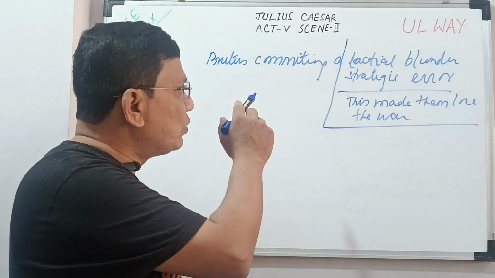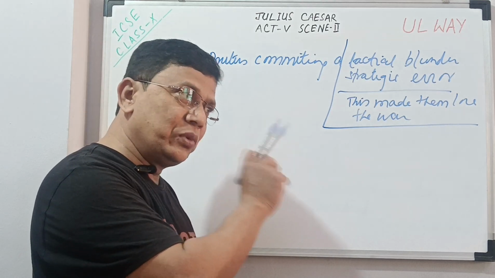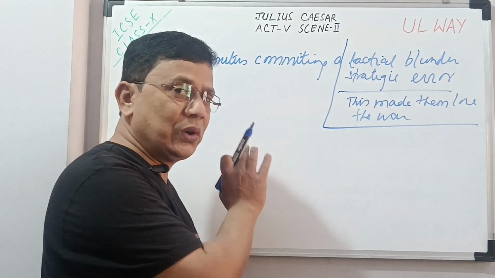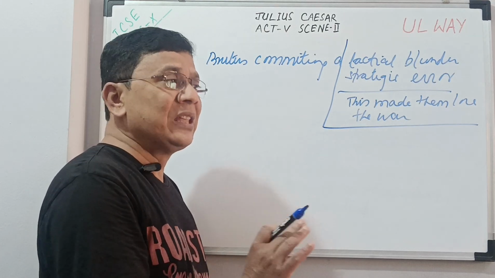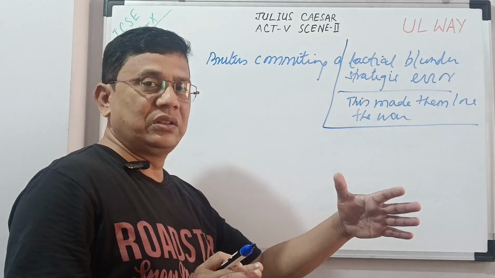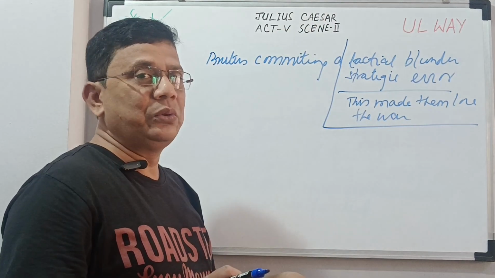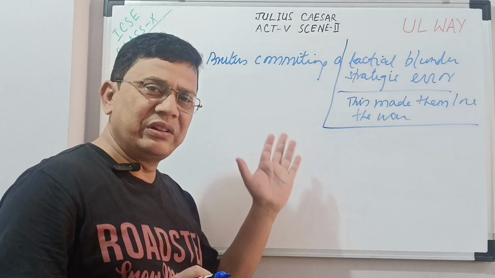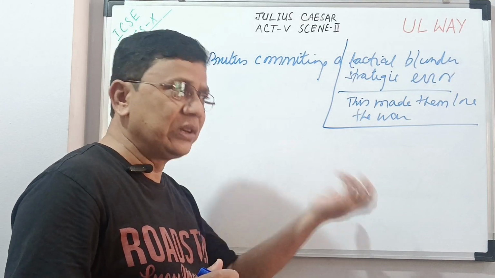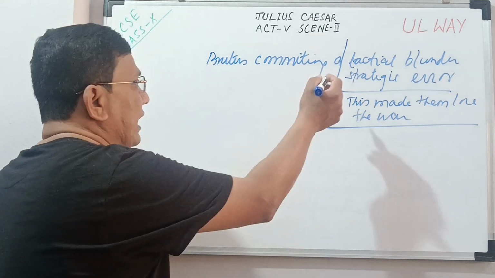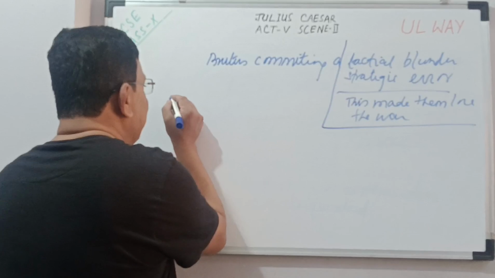But this was the biggest flaw in Brutus, which led to his downfall. Whether it was his biggest flaw or not, that is another thing. But this was the biggest flaw because of which he fell from a very high pedestal to a person who had to run away from his place. He had to fight his own army, the army of his own country. Here we see him committing this blunder, and this was not the first time that he was doing it. Earlier, when he had done it,